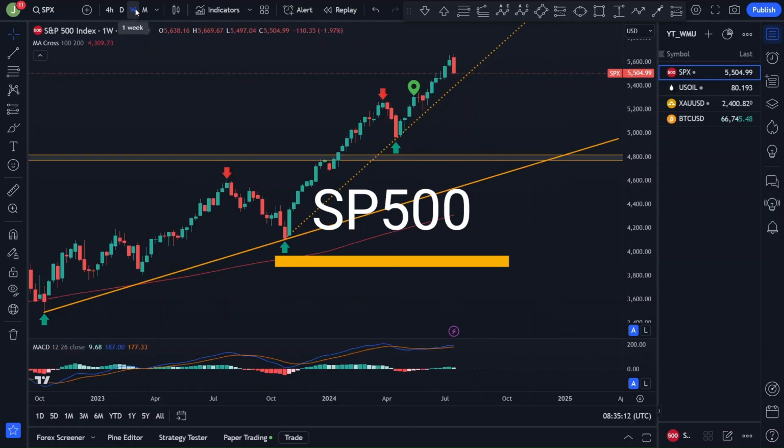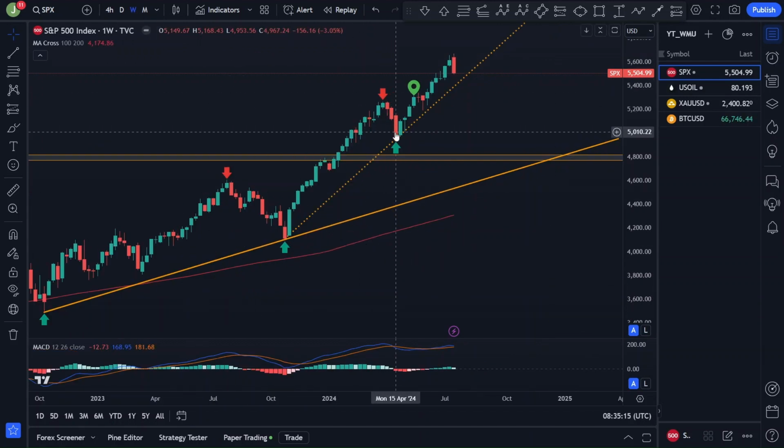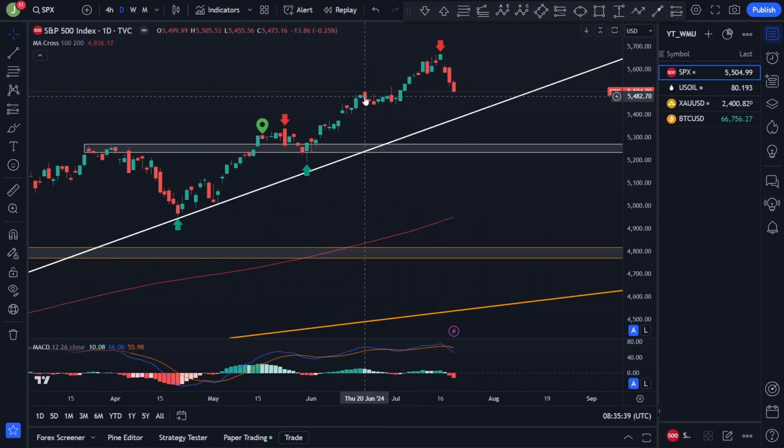Here at the weekly time frame, where each candle represents 1 week of price action, we can see that price made, since the lows, so far 3 major impulses to the upside. First impulse, first correction, second impulse, second correction, and now we are in the third weekly impulse to the upside. Is this weekly impulse already over? I don't think so. For that, let's drop down to the daily time frame, where each candle represents 1 day